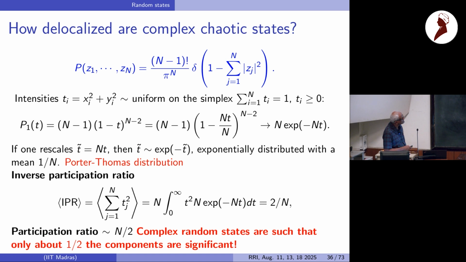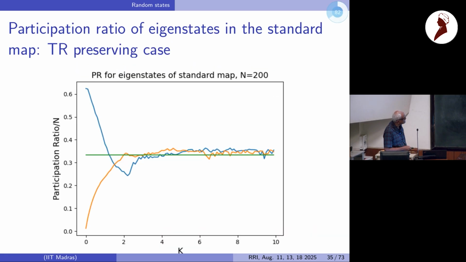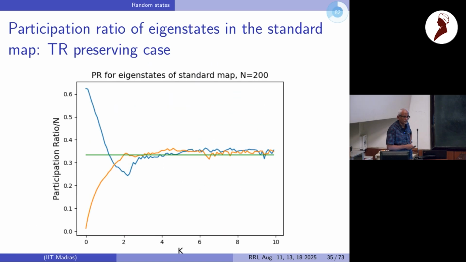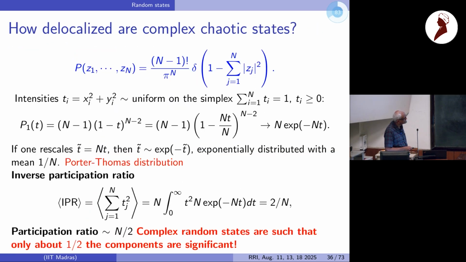So if you look at the intensities, this is the exact distribution for a single intensity, which you can see is going for large n very quickly to an exponential distribution. Okay. This is the intensity, remember, it's not the amplitude, it's the intensity. So if you want the corresponding thing for the real case, you have to find the distribution of x squared, which will be one of the chi-square distributions. Here, this is also a chi-square. It's a pure exponential distribution. Nothing can be simpler.